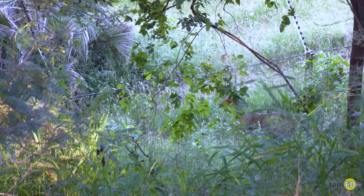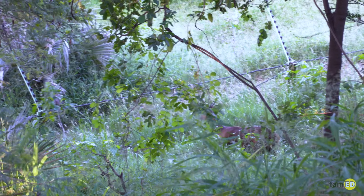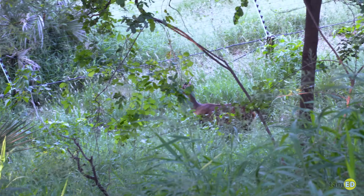There's an animal. If you look over my shoulder, look down there. I'm trying to see. Oh, guys, it's from the book. I cannot believe this. I haven't seen this before. Oh my goodness. It's a Steenbok. It's number 39. I'm just gonna come sit down very, very slowly. Maybe you can still hear me talking. And I'm slowly just